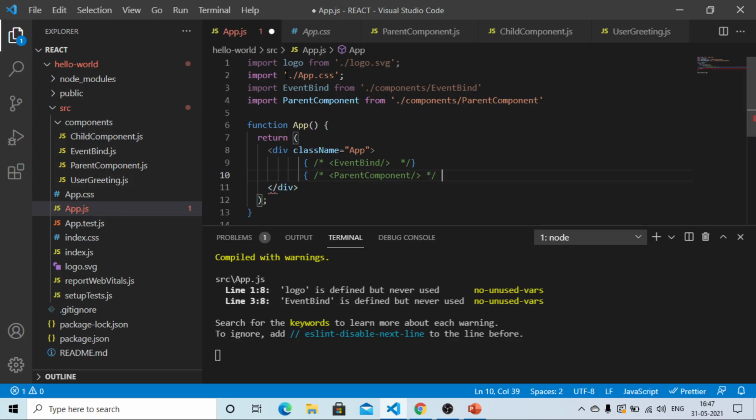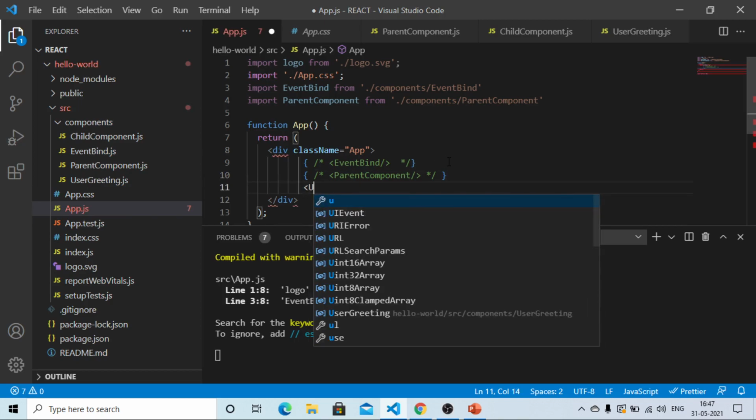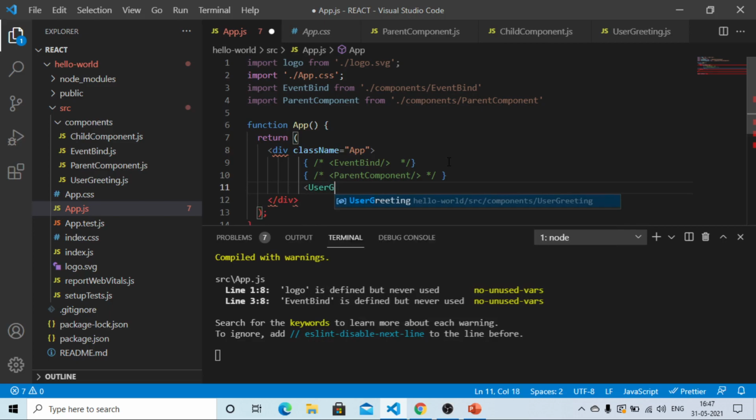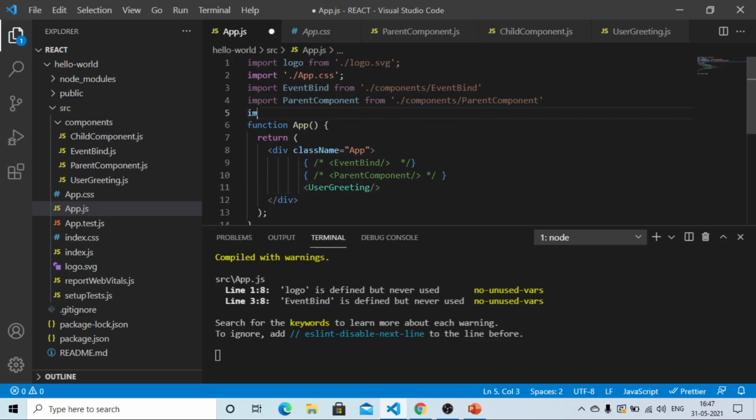So we are going to include the newly created component user greeting, which was the class component, and don't forget to import at the top. So import user greeting from components folder and user greeting.